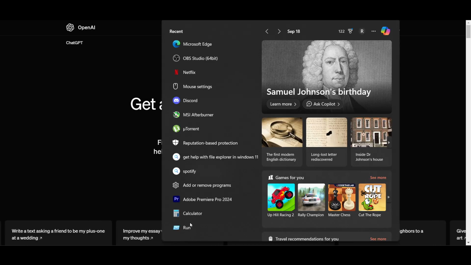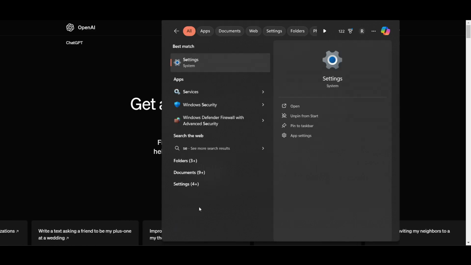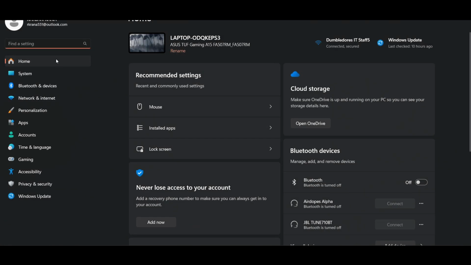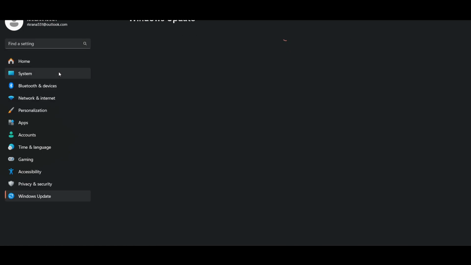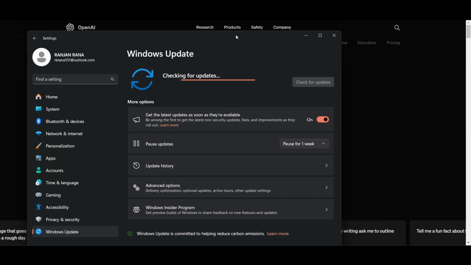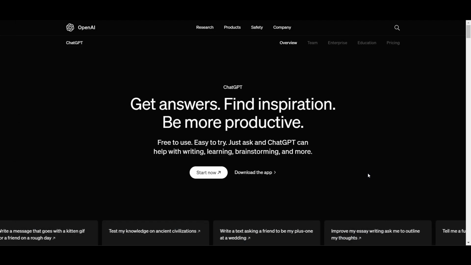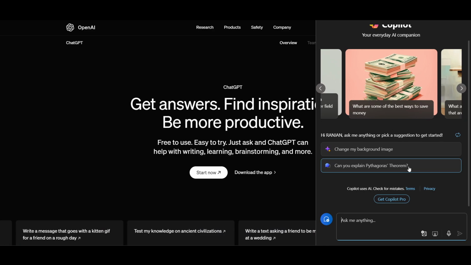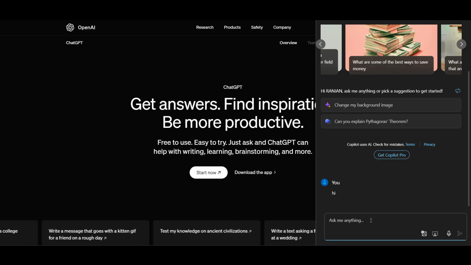To do this you have to go to the settings here. We will open our settings, and in the settings we will look for Windows update settings. Once you're here, make sure you click on check for updates and update your laptop or PC right now. Then you will get this Copilot, and Copilot has access to ChatGPT 4,